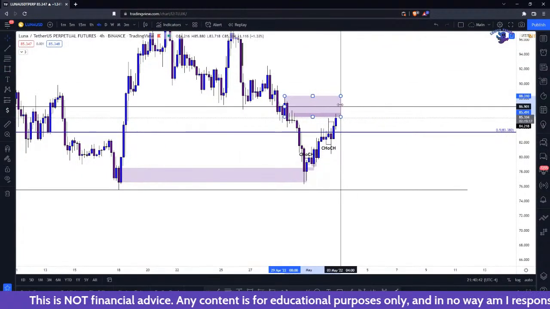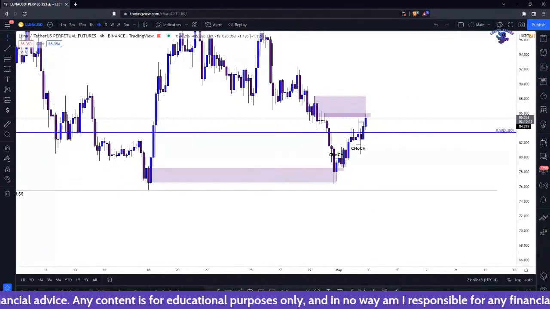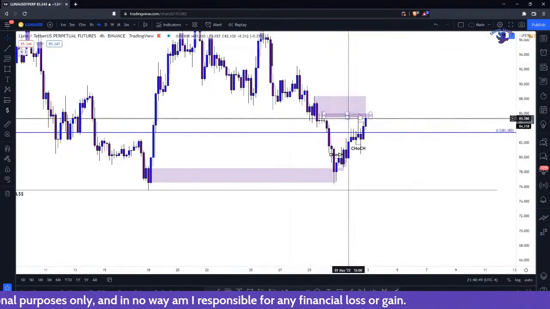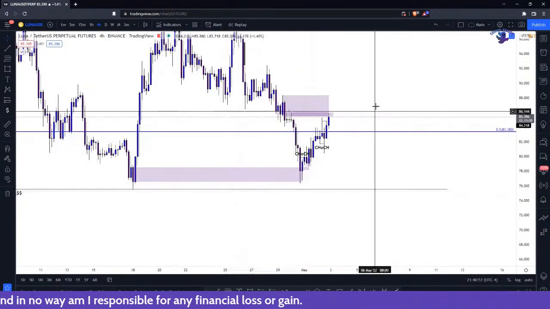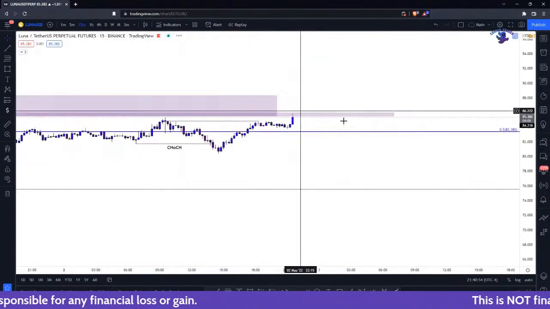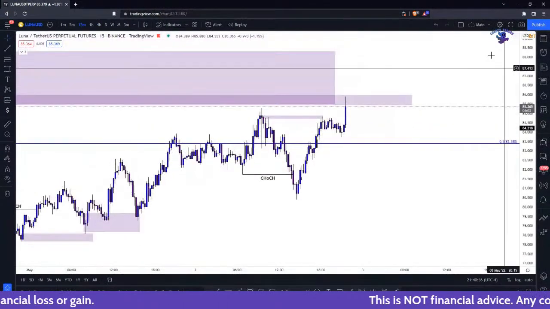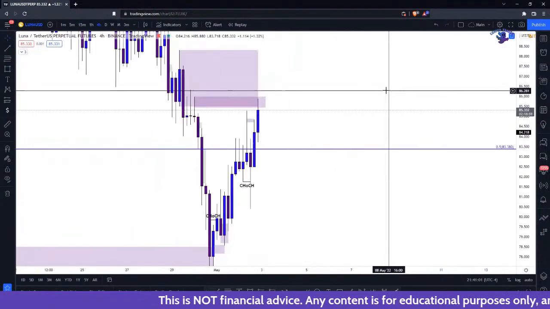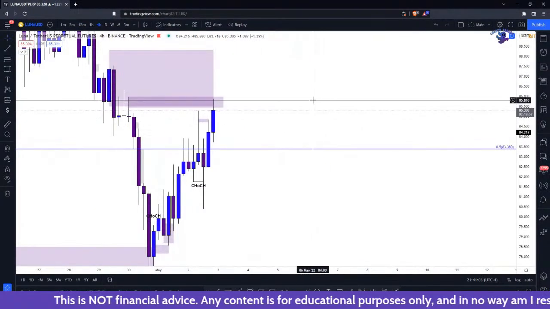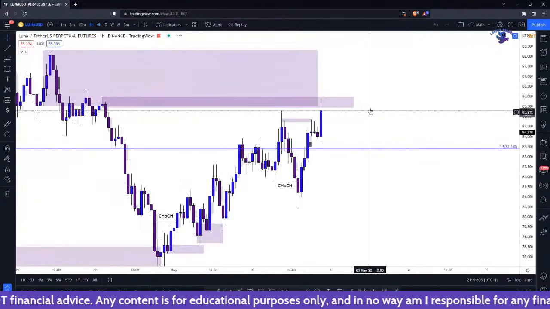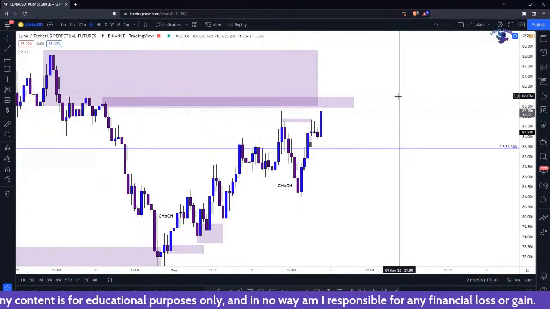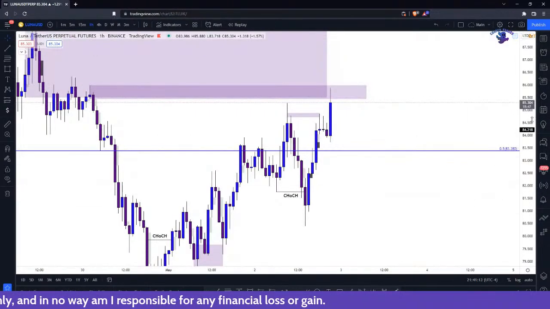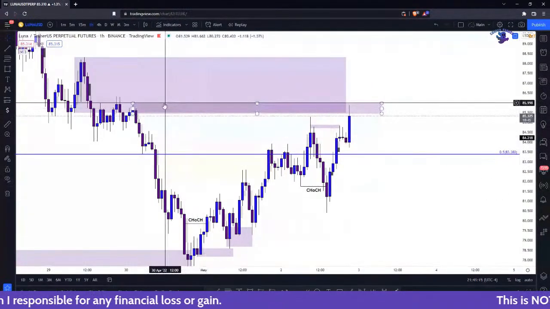It's 4 hour supply too. That's the thing. I wouldn't necessarily look for the most insane pullback here, but I really would like these lows to get cleared. Yeah, I was looking at shorting it from 87 to 89 bucks, around that range. That supply candle is an inside bar on the 4 hour. Yeah, so we've tapped into it, and we're also in 1 hour supply. If we don't make a higher high here, I would love if we leave equal highs and maybe retrace a little bit, but we'll see how that plays out.